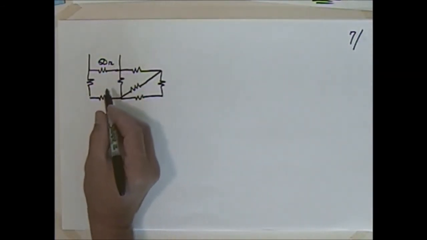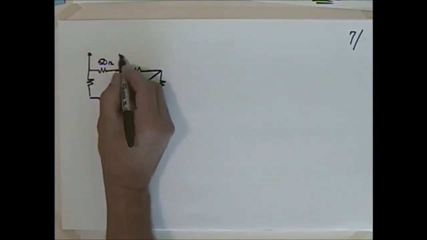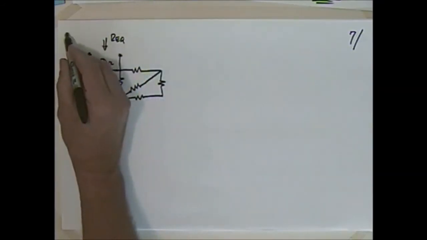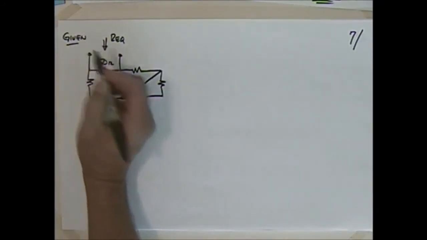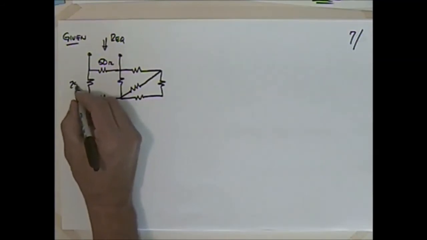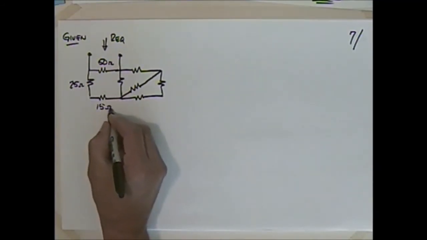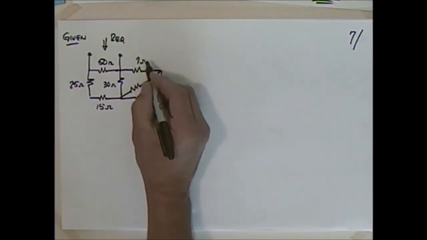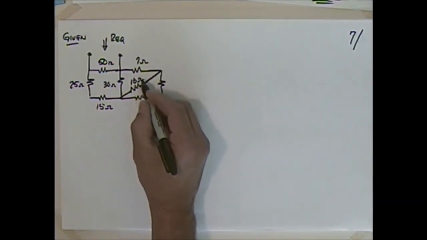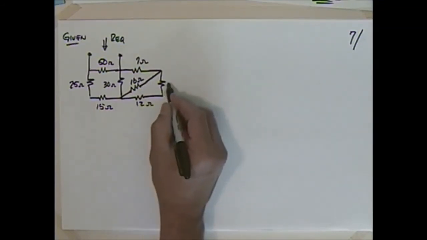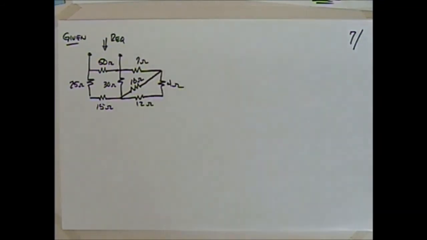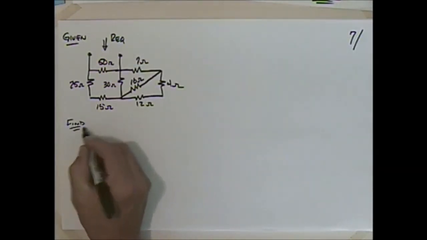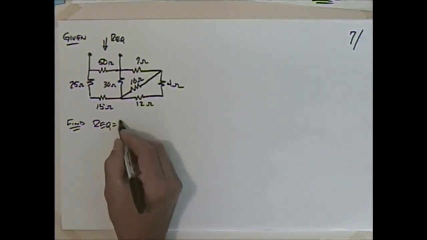So we'll say this is 50 ohms. So we got 50 ohms and 25 ohms and 15 ohms and 30 ohms. Then we've got 7 ohms and 16 ohms and 12 ohms and 4 ohms. That should work out nicely. So again, if I'm looking to find the equivalent resistance,